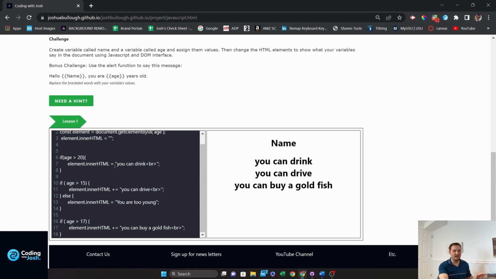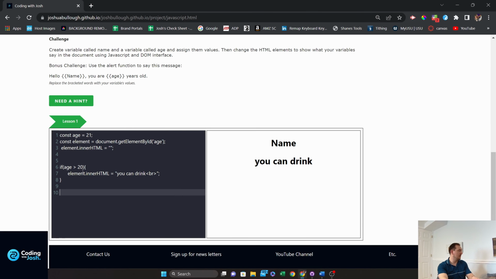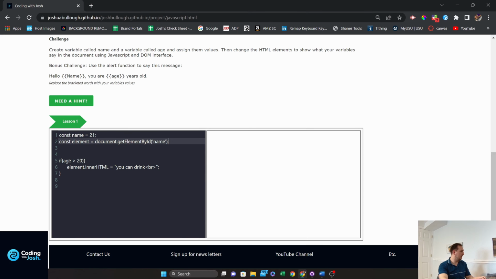There's lots of other ways. I don't want to go into everything that you can do, but you can also check if something is like if a certain word equals another word. So for instance, let me just do that really quickly. We're going to change this real quick to be name, and we'll say name, Josh. If name, 2 equal signs, so if name is equal to